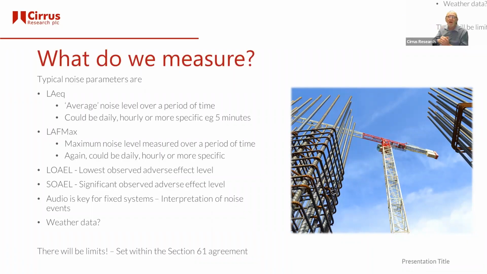unusual pieces of sound when various levels are hit. So you might have an average level of, let's say, 70 decibels at the boundary, but you might be interested in, if it gets to 75, I'd like the system to actually record the sound and log it, so that I can listen back to it and then have an understanding of what was causing that noisy, inverted commas, event.